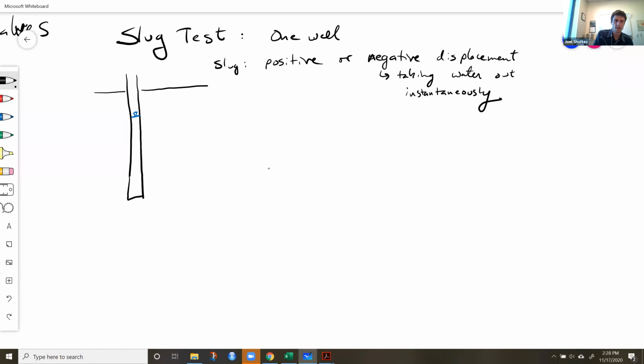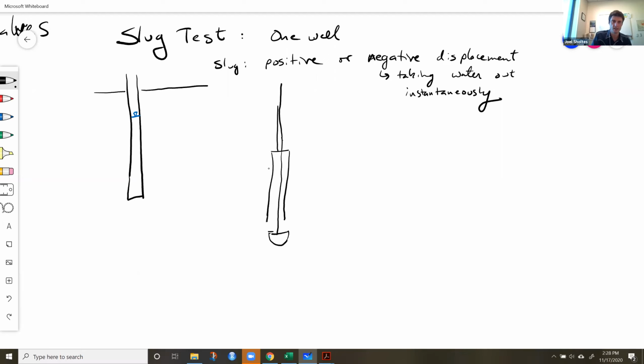That's a hard one. So a slug could be a baler, and a baler is just something on a rope that is hollow and that will go down into the water. So it's usually like a plastic, PVC kind of thing with a weight on it, and I'm not exactly sure how they work, but it'll have a lid like this that's connected. And so I think you have like two ropes or something like that. Or maybe you just put it down and then when you pull it up, that lid closes on it. And so it'll fill with water. And then when you pull it up, it's going to take that water away from it.